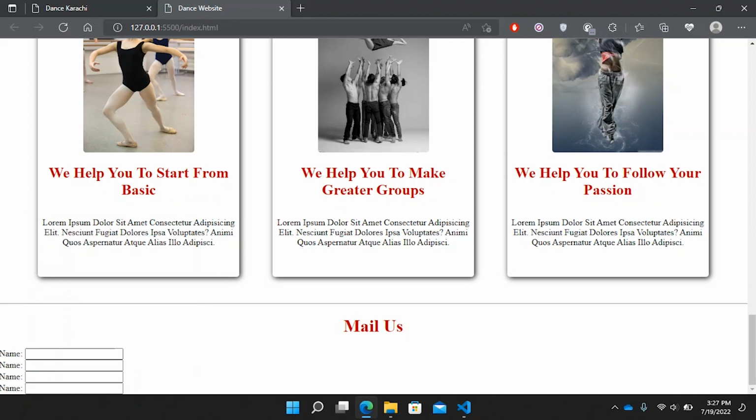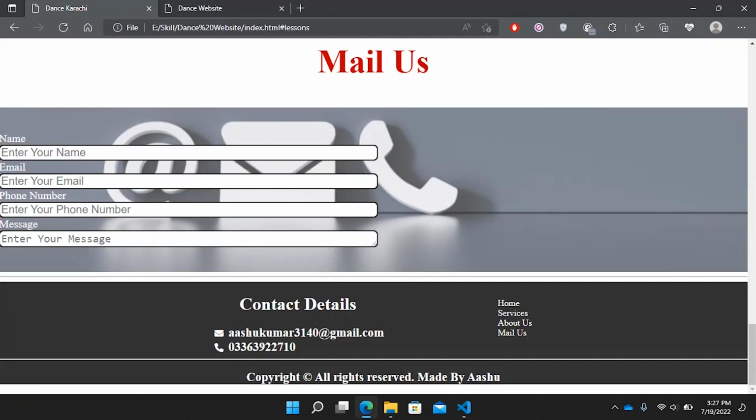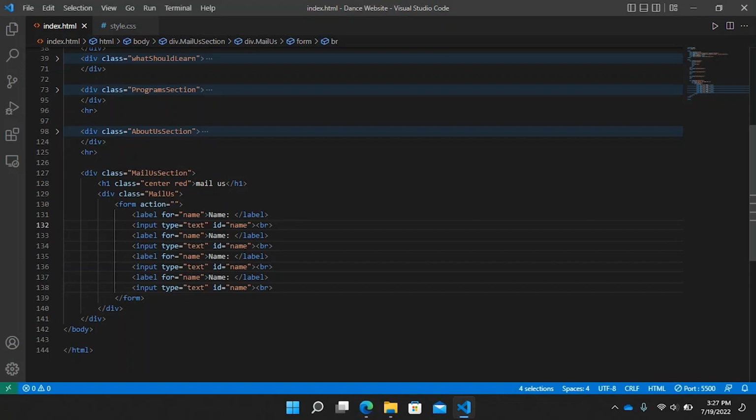But what is the thing that we should do first? Let me see. Okay, so there is a placeholder, so enter your name. We can add a placeholder here. Wait a second, we have to change